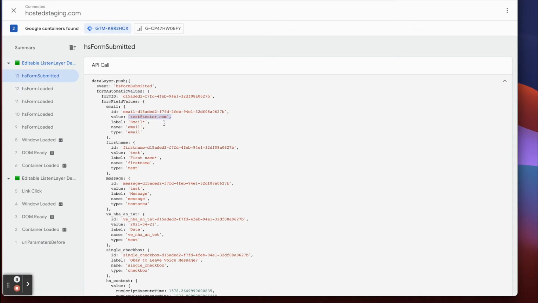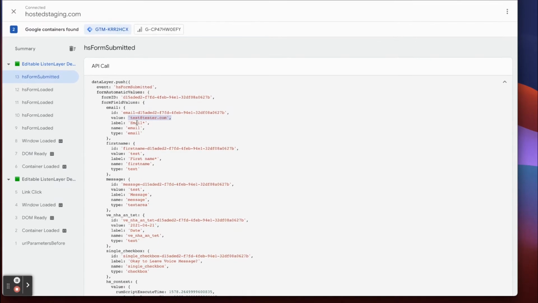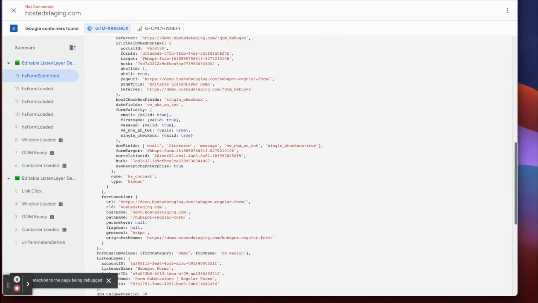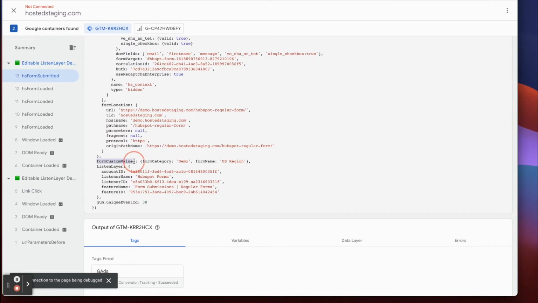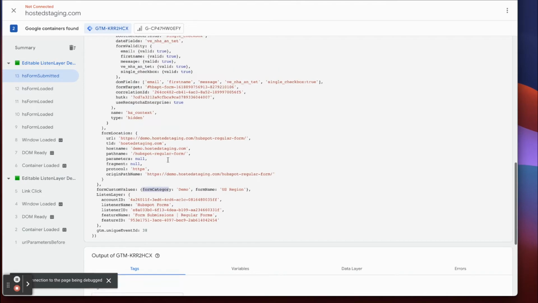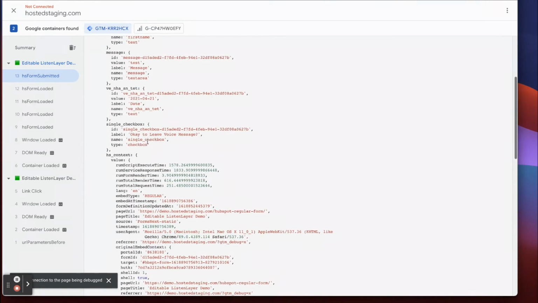So short of us going and doing some sort of data enrichment to validate business emails, or even if we are doing that, we can still use this field in our data layer to start to identify the quality of the form submission that has occurred. And what we'll notice down near the bottom of our data layers, we have this section called custom values. What this allows you to do in Listen Layer is to write rules to push custom values into custom variables that we have defined. And these rules are based on conditions that tend to rely on other information in the